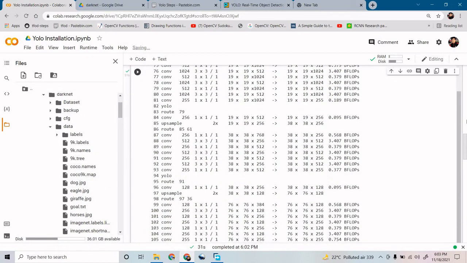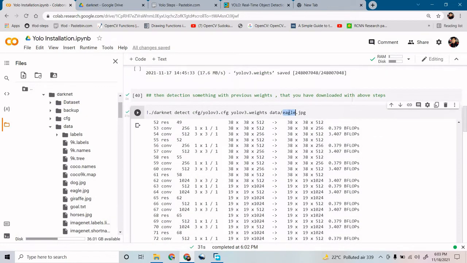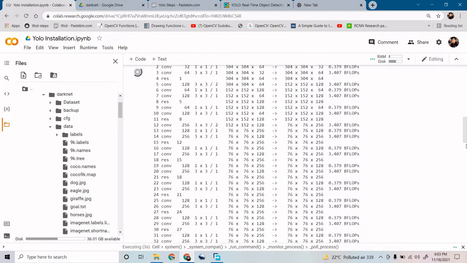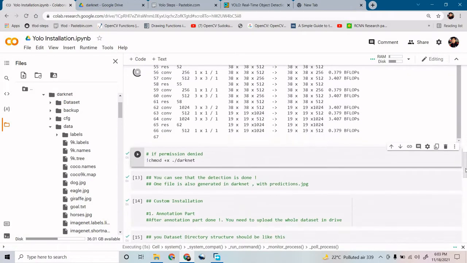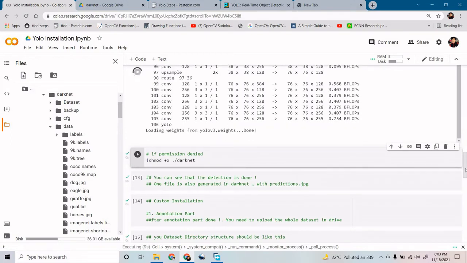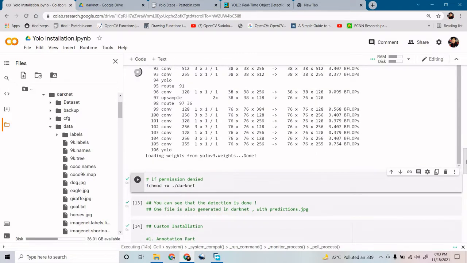I can try to give dog.jpg. Now see, it is trying to detect all the things one by one again. This image is passing through the convolutional layers and the convolution blocks, because it is a pre-trained model.